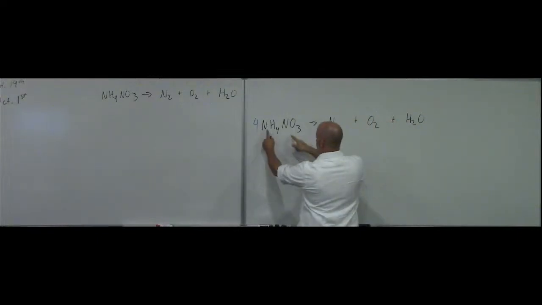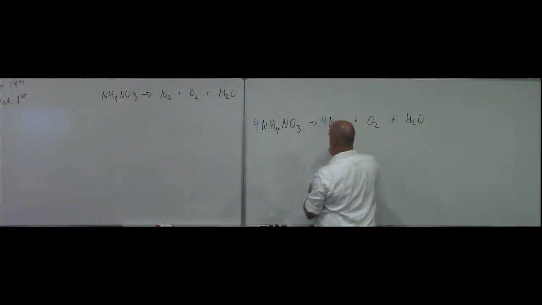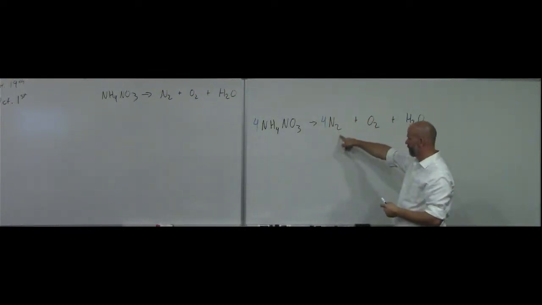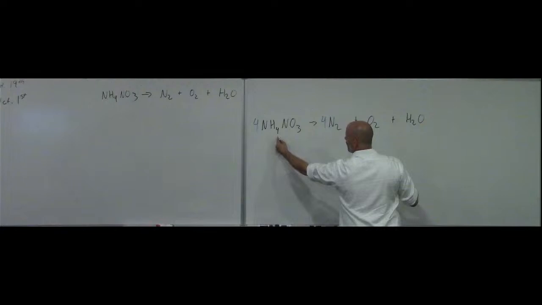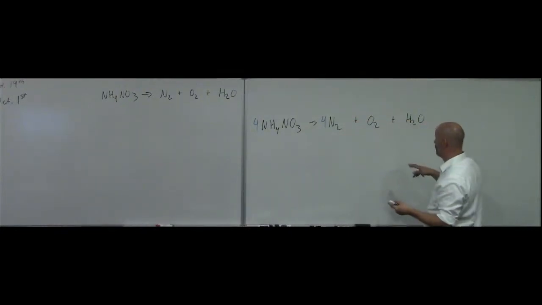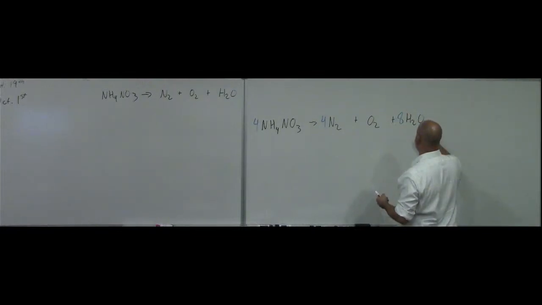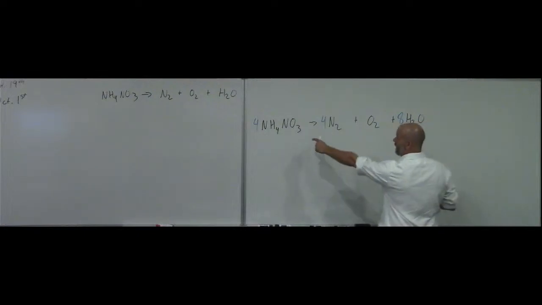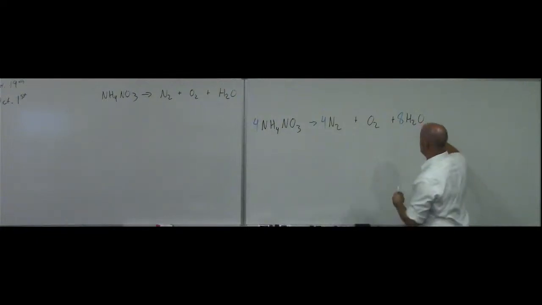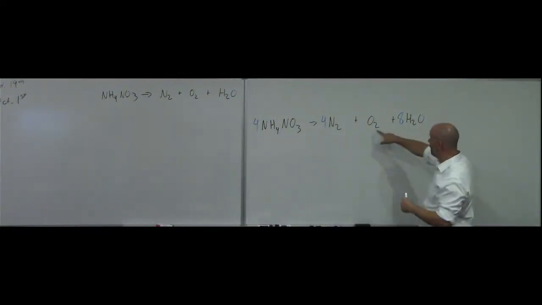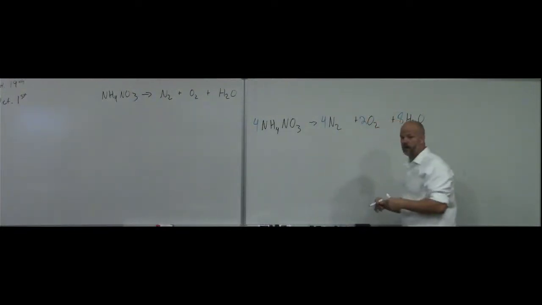So if I have 4 here, that's actually 8 total nitrogens, right? So I've got 2 times 4, that would balance, right? So my nitrogens would look good. Okay? Let's try my hydrogens next. I got 4 times 4 is 16. How many do I have? I've got 2, so this has to be 8. Okay? Well, that would be 8 oxygens. So how many oxygens do I have over here? I got 4 times 3 is 12. Here I've got 8. So that leaves 4. I have 2, so what do I have to do to this one? Double it. That is balanced, but it's